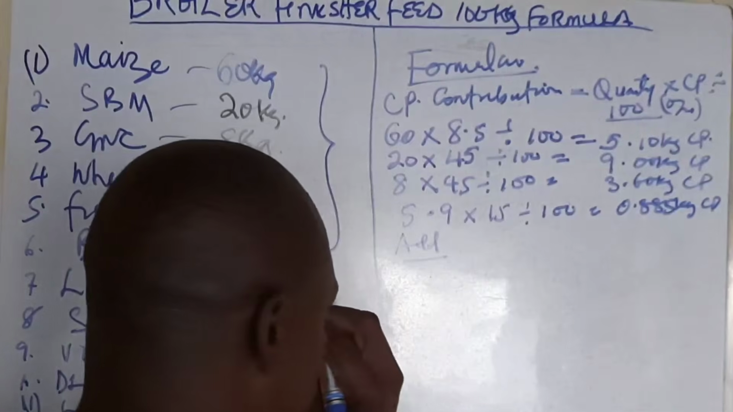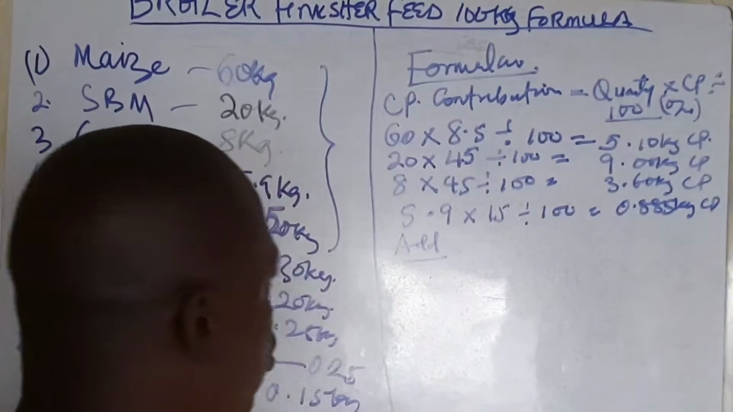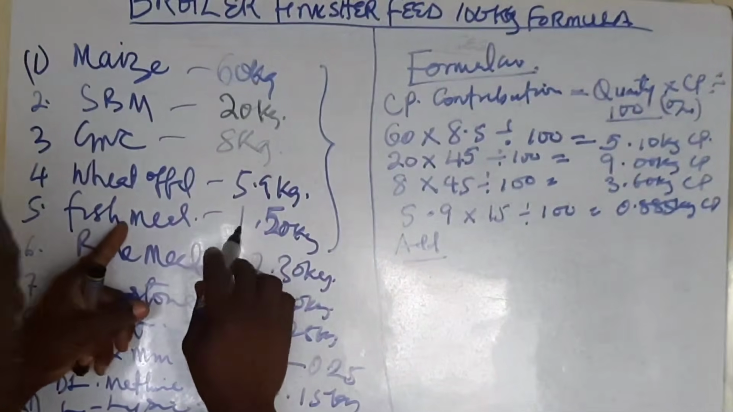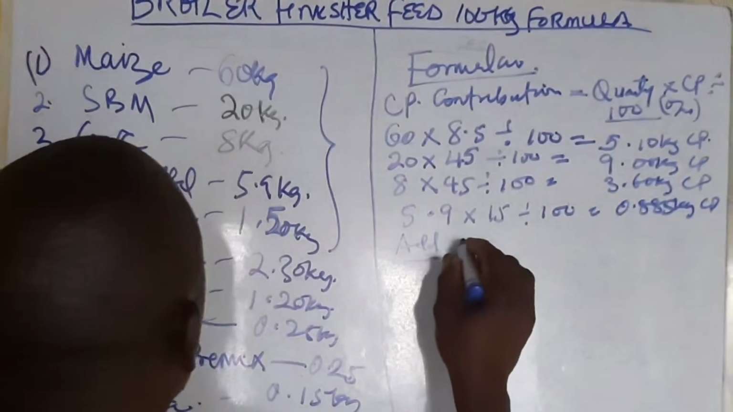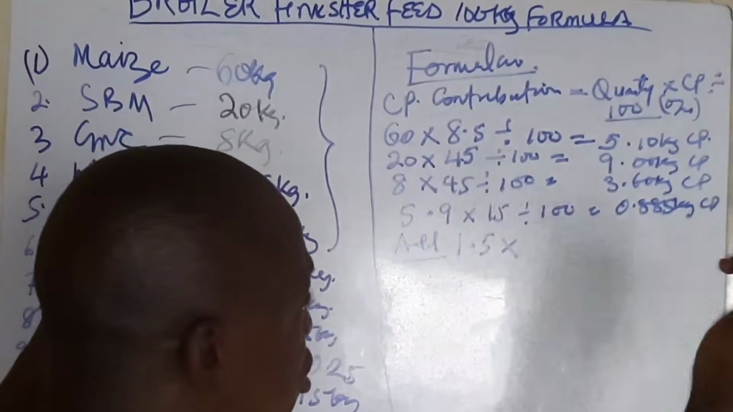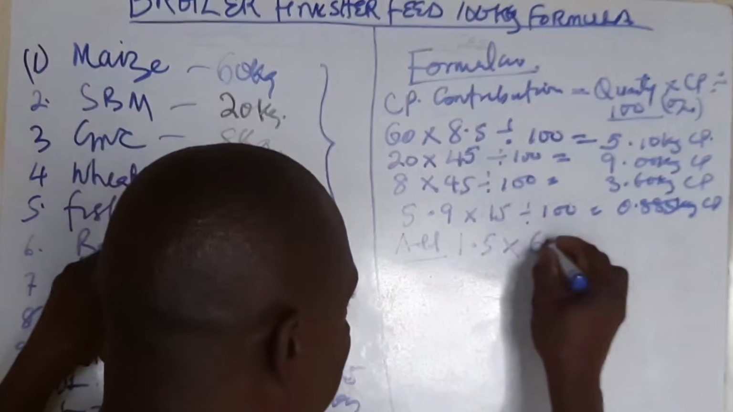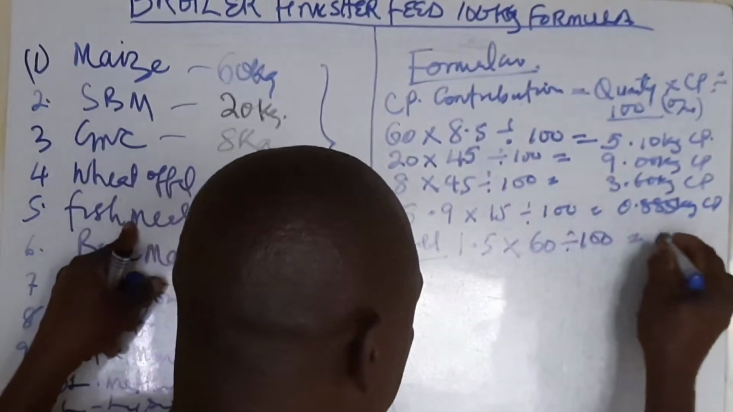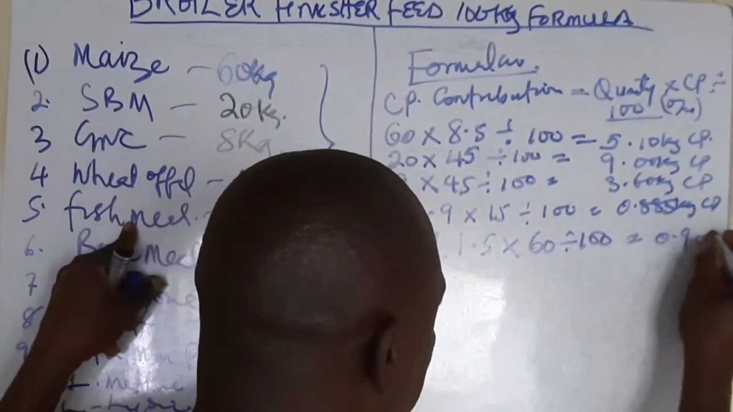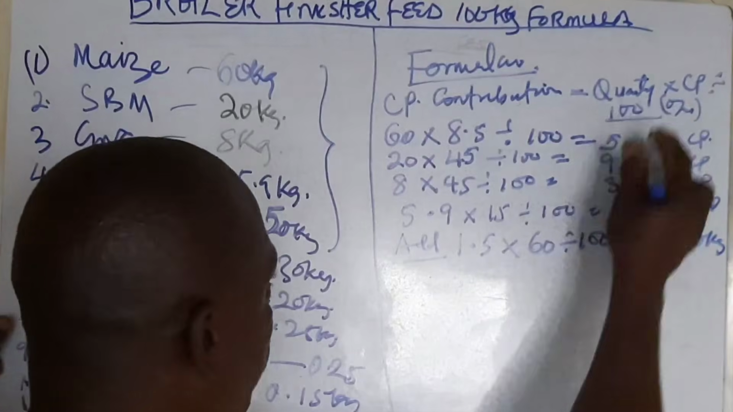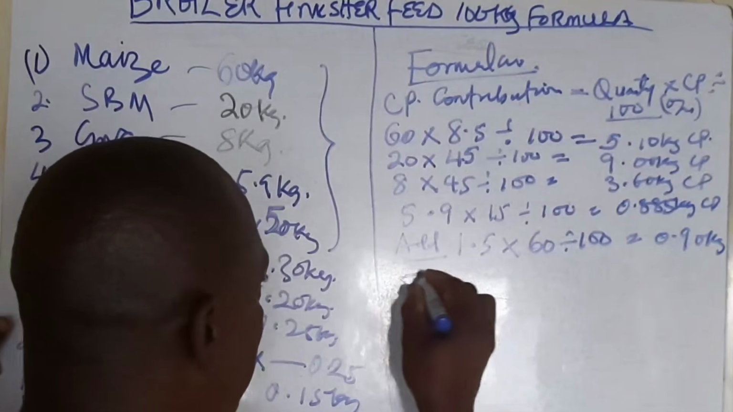This will give us, if you add now to get the total. Okay, the next one here, please, is fish meal. Please, we are missing the fish meal. Fish meal here is 1.5 times fish meal. We are using 60% crude protein. 60 divided by 100, which will give us 0.90 kg CP. So if we add up all, now that will give us 5.10